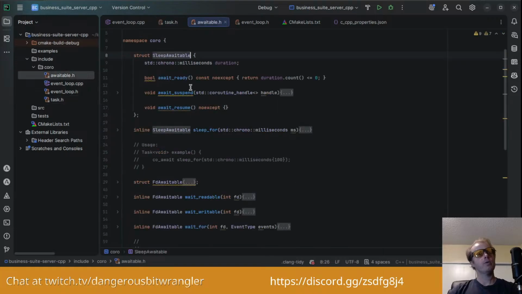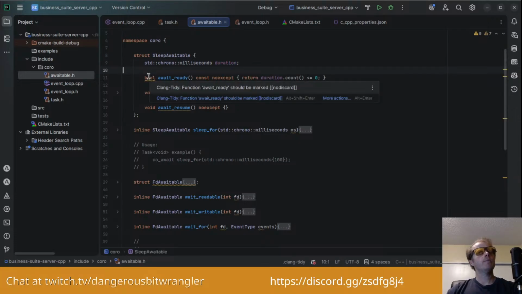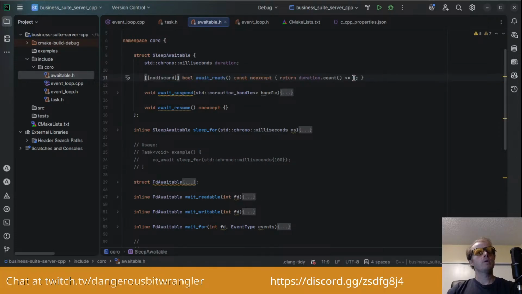I don't know why we're doing this again, but hopefully it'll become clearer. It returns whether the count of the duration is less than or equal to 0, so that will result in true or false.